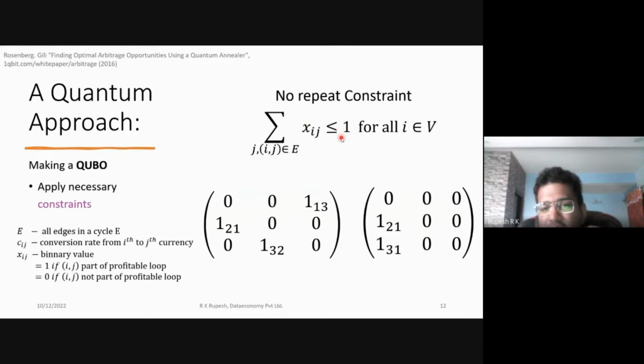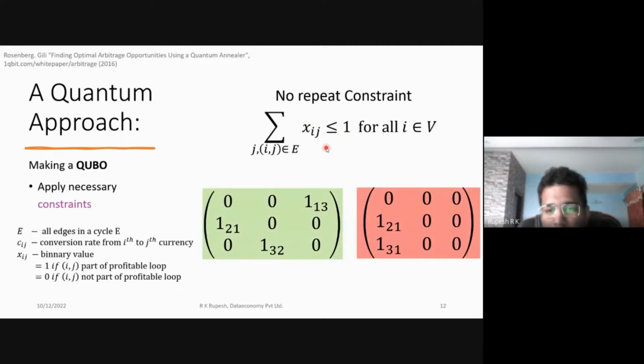It's a slightly different condition. It's not an equality condition, but a less than or equal to kind of condition. But the way to enforce it is fairly similar. You take the one to the other side, you square it, and then you add it to the cost function itself. And here we have these two examples showing exactly that.